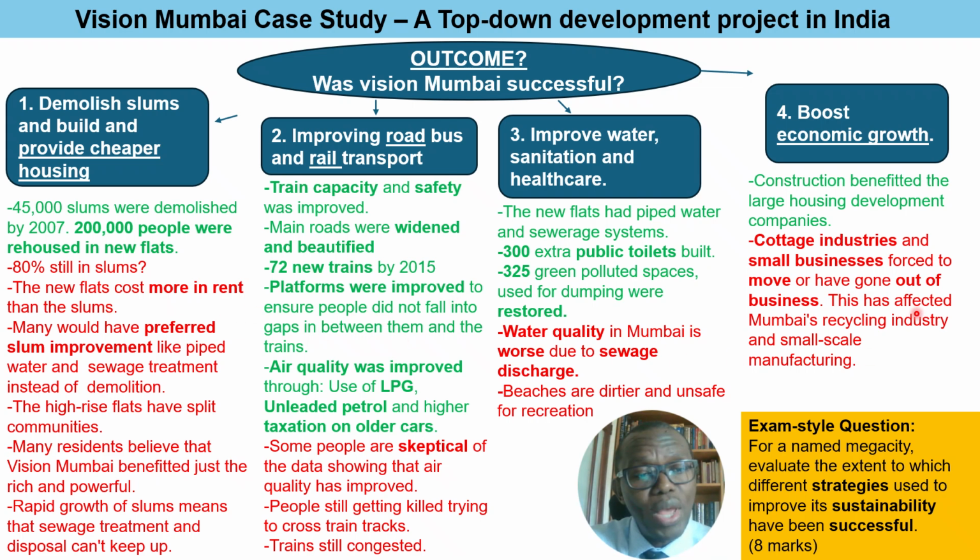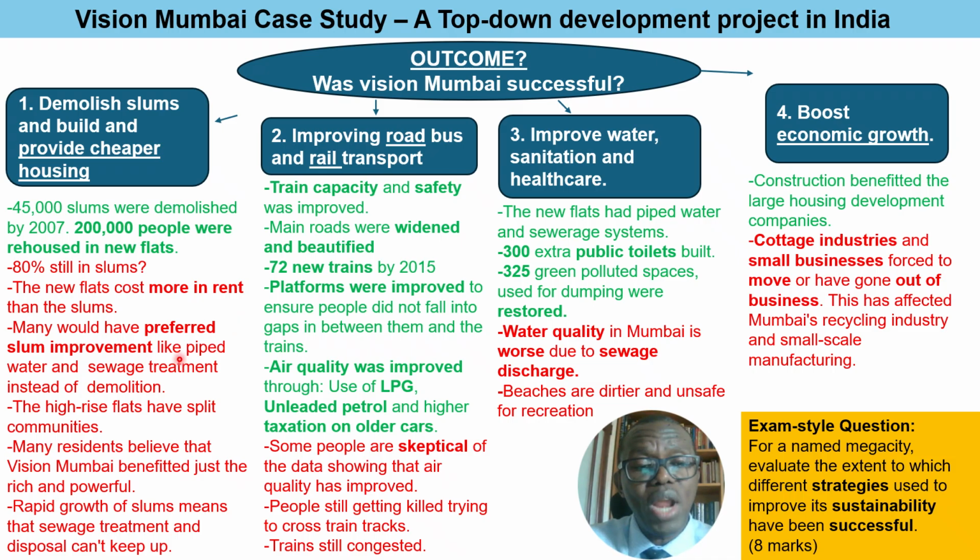Now, let's think about the way they were going to implement this. The implementation was to knock down the slums, or demolish them rather, and provide cheaper housing. However, that is not the case. And if we go back to our definition of a sustainable city that provides a better quality of life for its residents, then that may not be perceived as a way of providing a better quality of life, because if you're increasing their rents, it means that their quality of life is going to decrease because they will have less disposable income, and now they are going to struggle to pay rent.